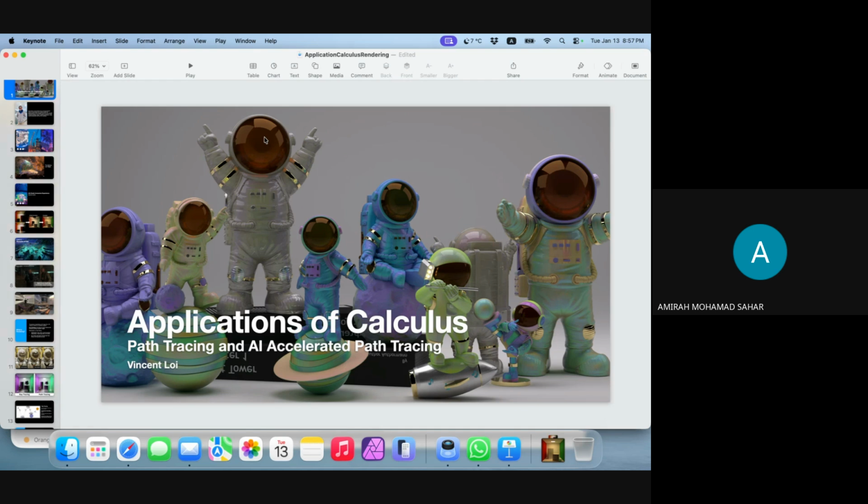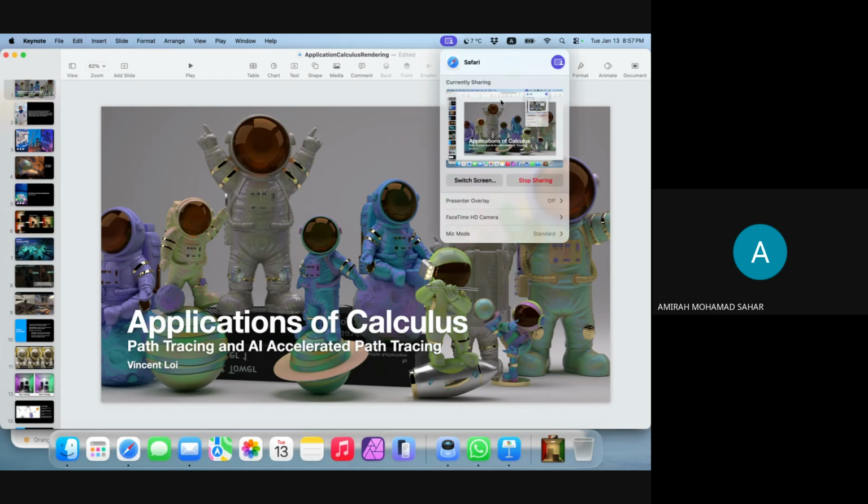I have one question, Vincent. We can see a lot of beautiful graphics there. Are they real, or did you create them? Most of the images that I included in the talk were rendered. They're not real, and surprisingly, they look real. That's the beauty of the rendering equation. Path tracing is also very powerful to make these look real.